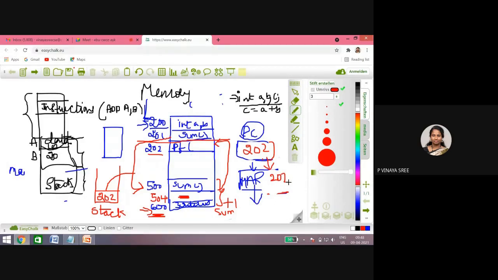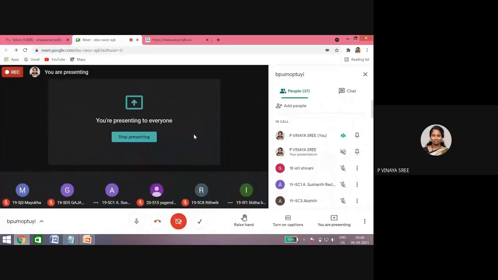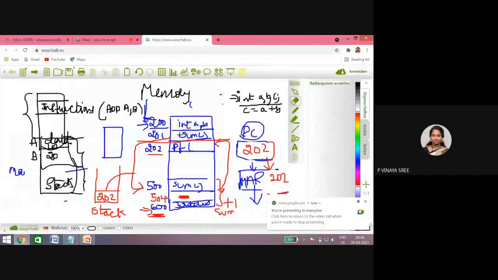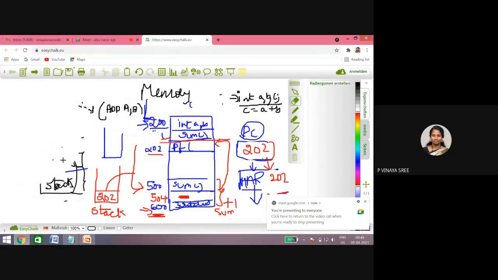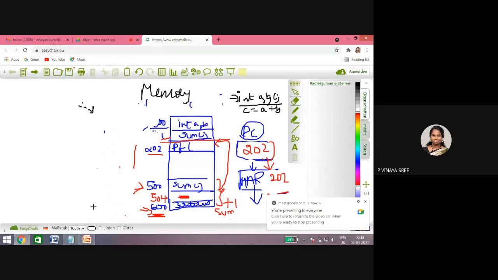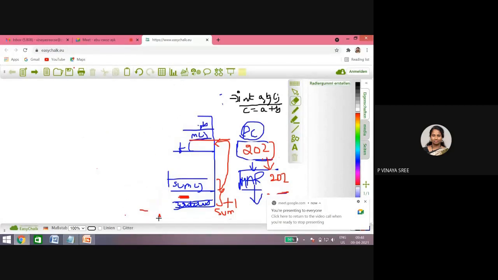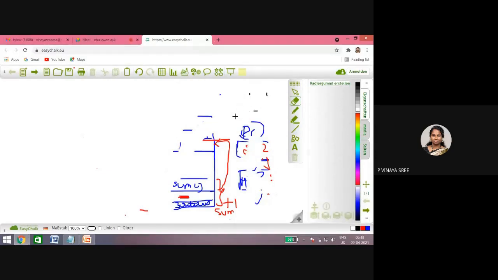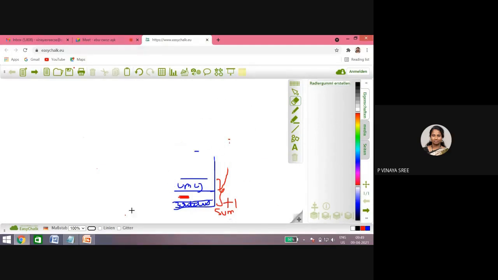Should I repeat once again? Yes, ma'am. Okay. Let me explain clearly once again so that you can understand. This is something you should understand for the first unit, then only you can understand clearly. This is very, very important. Concentrate now. Again, I am repeating once again. Please concentrate. As everyone is good in programming,